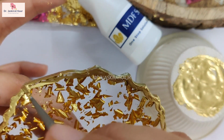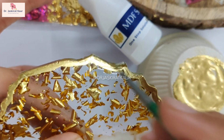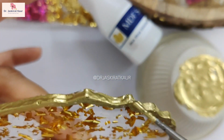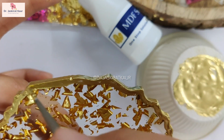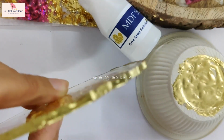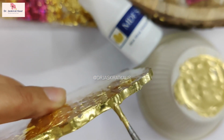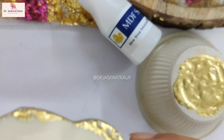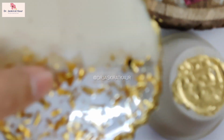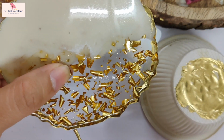And I guess here it got smudged off by my finger, so I'm going to add some more till it's nice and thick, and that is what we have here. Okay, a few dabs there, a few dabs here, and now let's move to the back side of it. So here